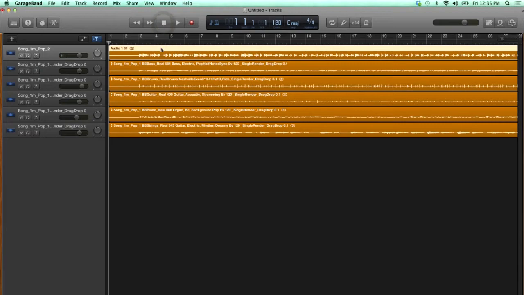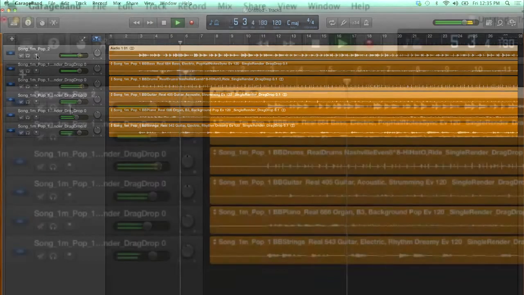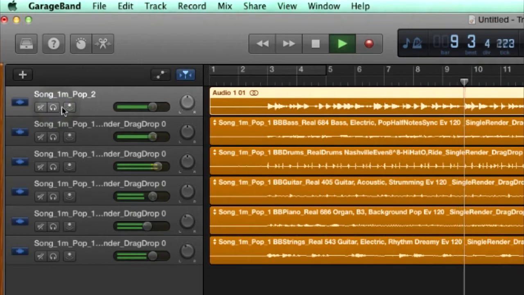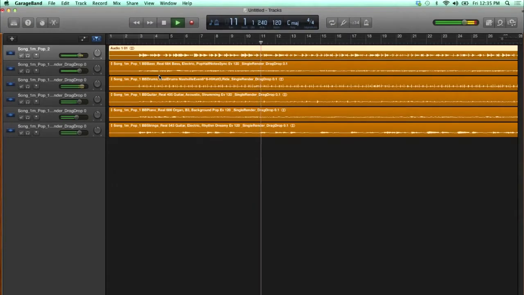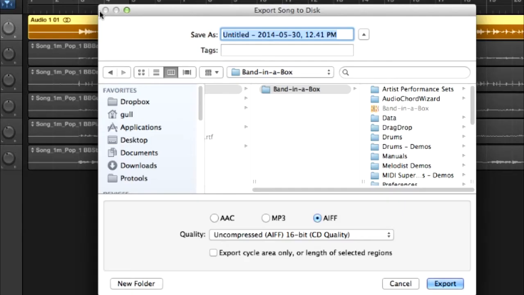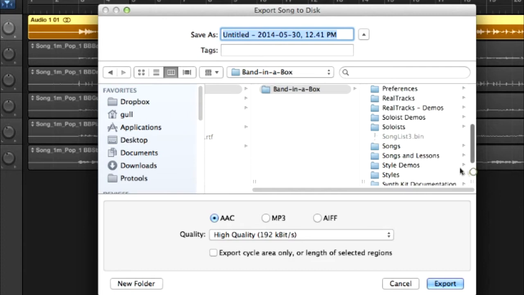And I'll listen to a little bit of that back. So with this track soloed, I need to save this file. It can be any of these file types: compressed AAC, which are M4A files, MP3, or uncompressed AIF. It can also be WAV if you want. I need to save it to my Band-in-a-Box folder in RealTracks,